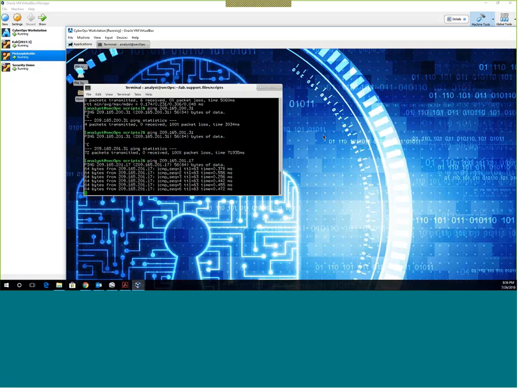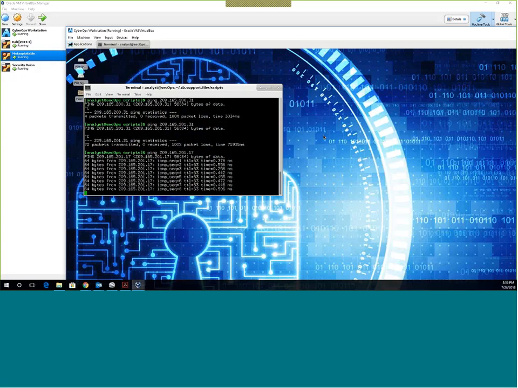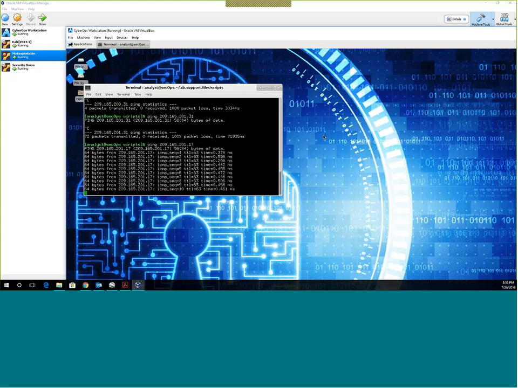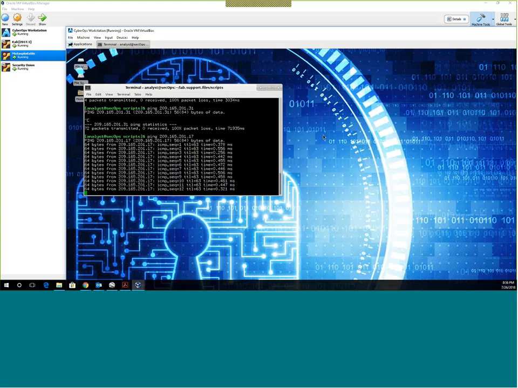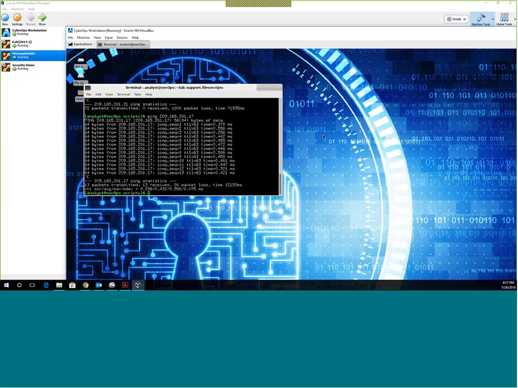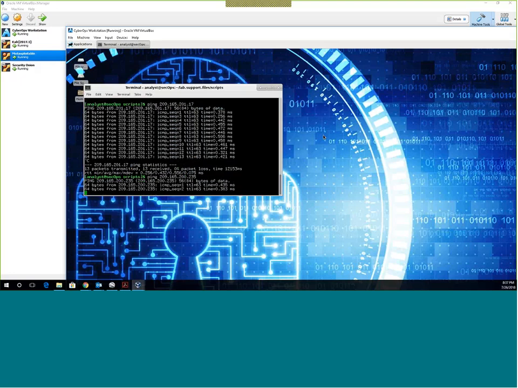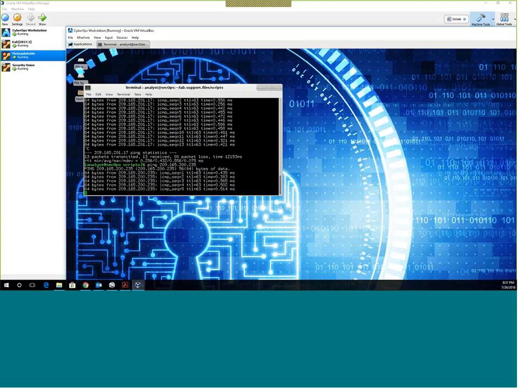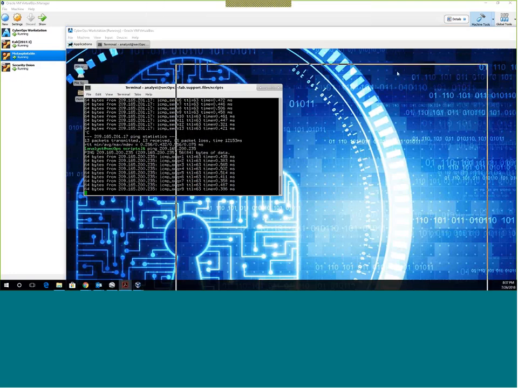Ah, okay. So I've got pingage between the Kali Linux box and the CyberOps workstation machine. And let's see if I've got 200.235. Yep. And then I've got connectivity between the Metasploitable and the inside machine. I've got full connectivity now.